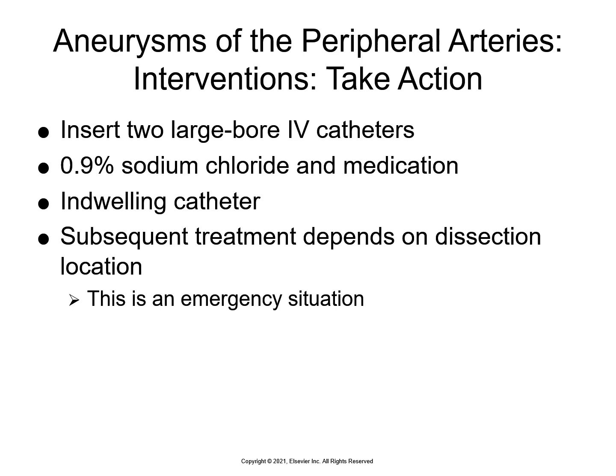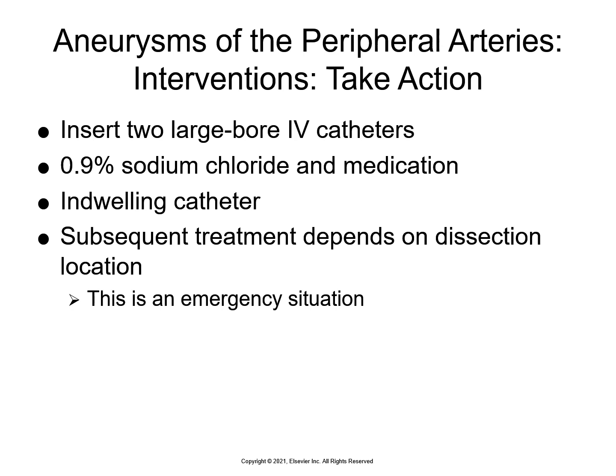So, this is a critical patient. They need two large bore IV catheters. This is when they start having the pain and you recognize that this is a problem. If they're dissecting, you have time. So you would insert two large bore IV catheters, start normal saline, 0.9% sodium chloride, and any medications that they may need to give to